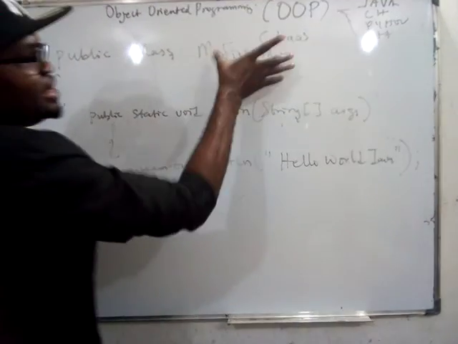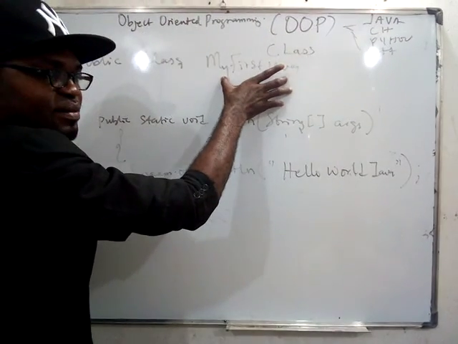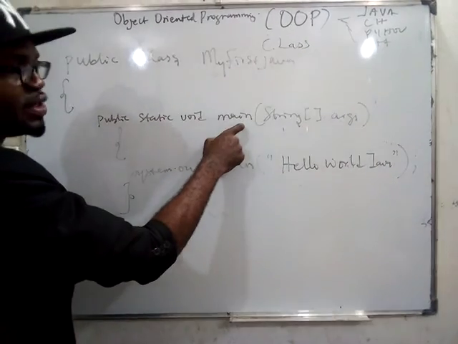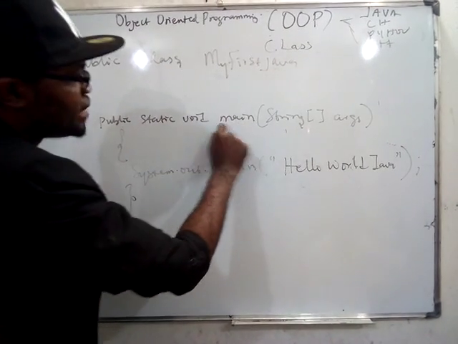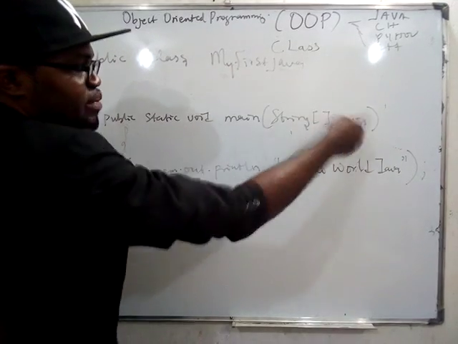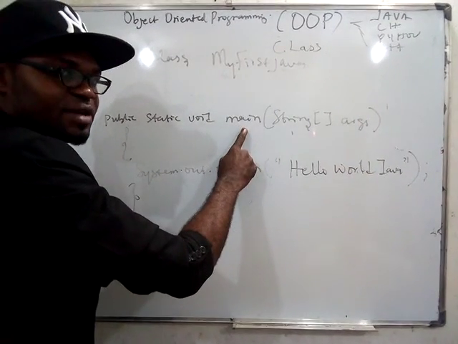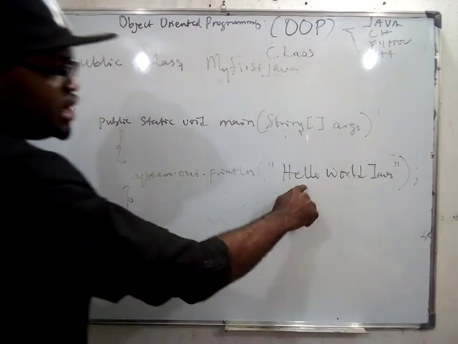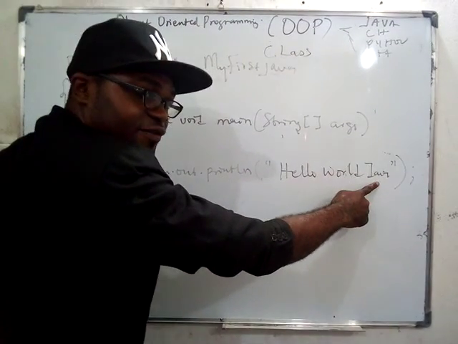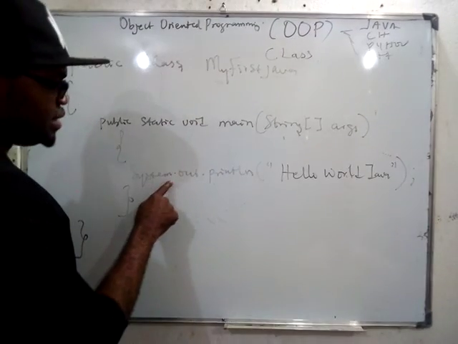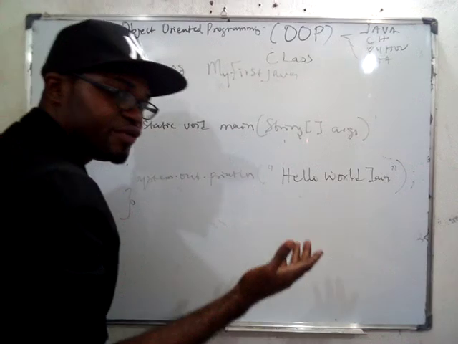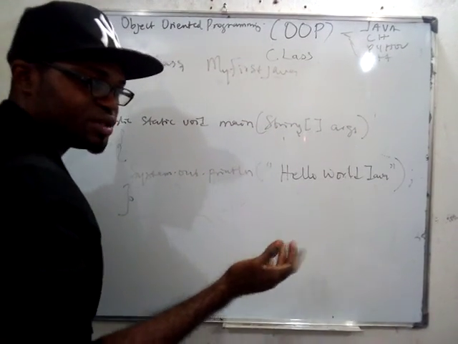So this class is the software, My First Java. It has a function, the main method. Anytime you write something and put a bracket, it is a method in Java. What is the function of this software? To echo Hello world Java. That's the function, and it's using an object known as System.out.println. If you're using C++, you write something like